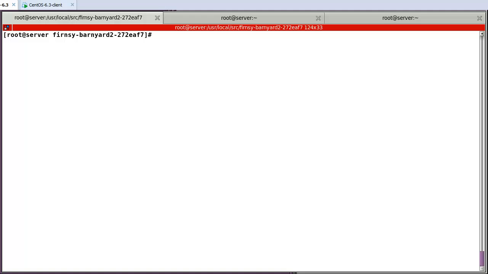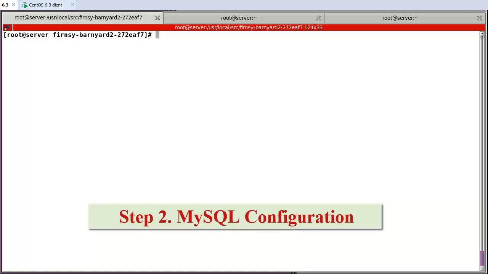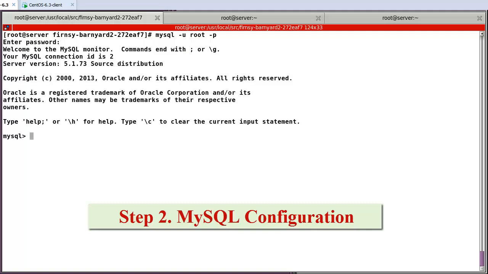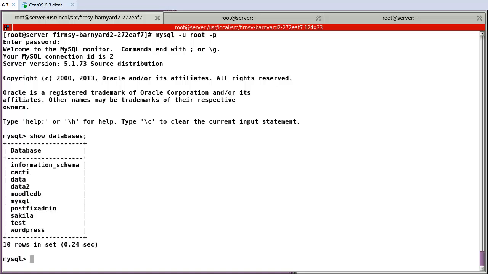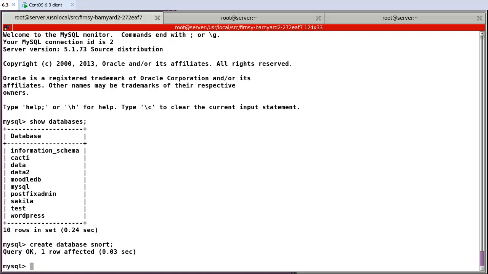And step 2, set up the MySQL. In my case, mysql -u root -p and show databases. So I have the discount database. Here I will create the database snort. Okay, and after that, grant all